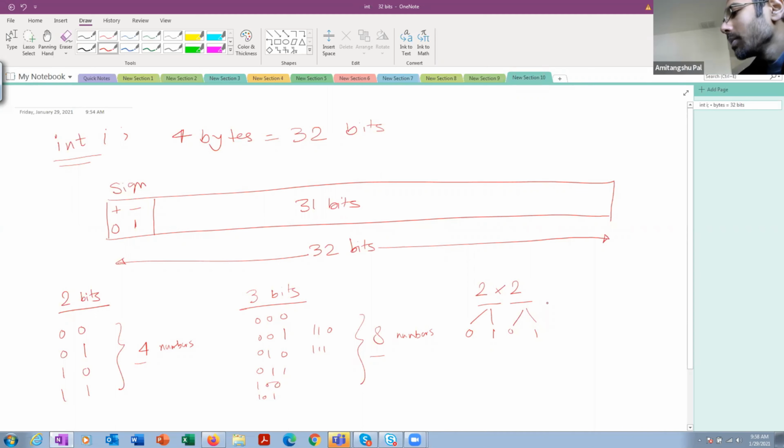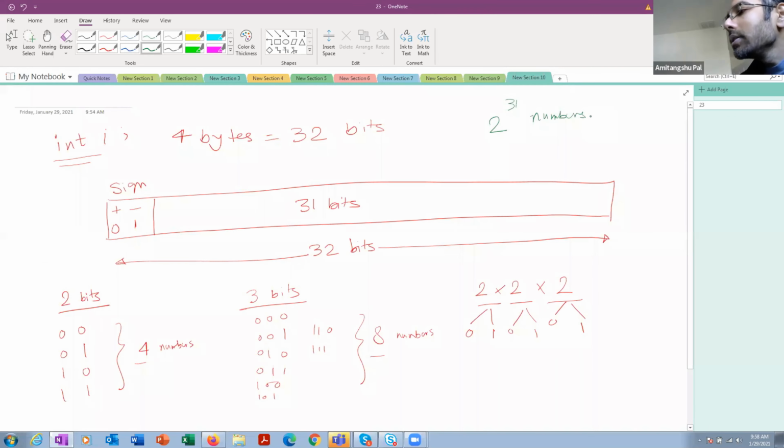If I give you 3 spaces, you fill the third space also in 2 ways, so 2 into 2 into 2, which is 2 cube or 8. Clear? So using 31 bits, you can represent 2 to the power 31 different numbers.